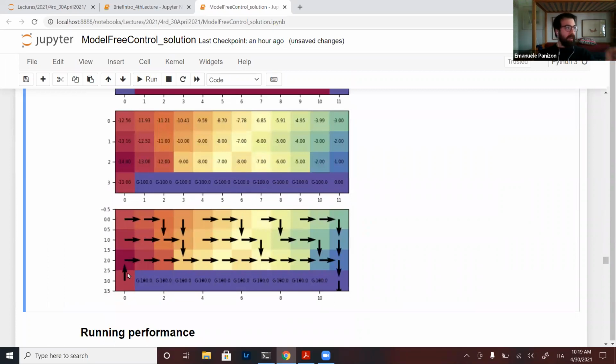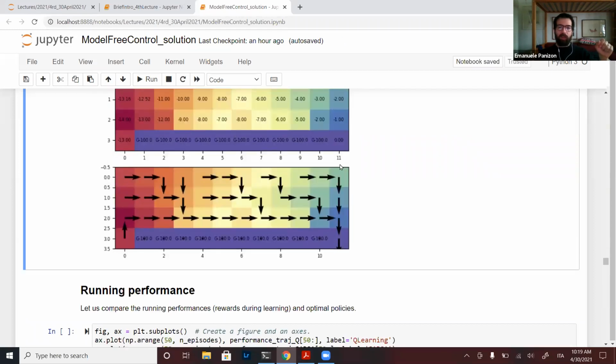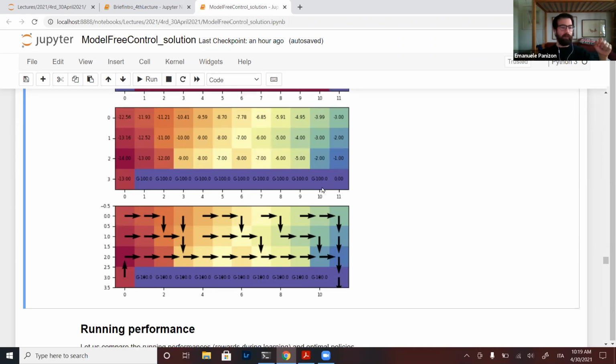Okay, you can see that it has actually already learned the optimal policy, and you can also see that the value for the optimal policy is just -1, -2, -3 here. Okay, this has not converged perfectly, but the policy has. But in any case, at least for some of the trajectory, the value is correctly describing the distance from the endpoint.